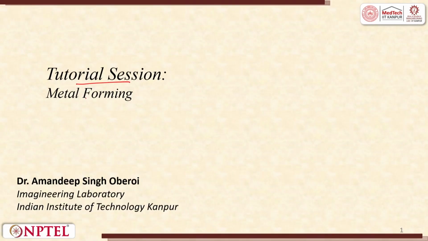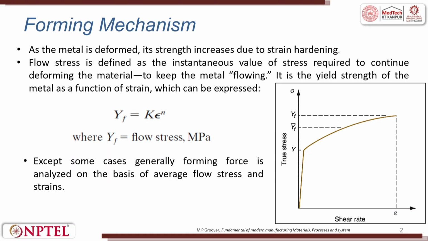In the last week, you have seen certain metal forming basics and you have seen the processes. I will again walk you through a tutorial session on metal forming, where we will just review the various relations that we saw in metal forming processes such as forging, rolling, extrusion, etc. And we will try to see certain problem statements: how do you design the radius, the size and determine the time, etc. for the different processes in metal forming.